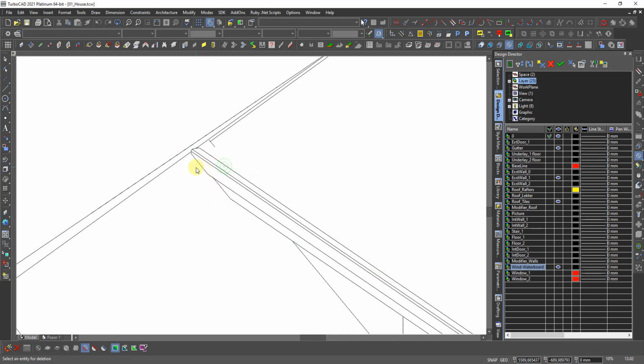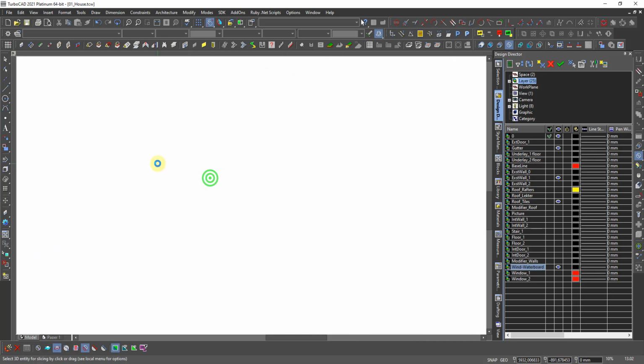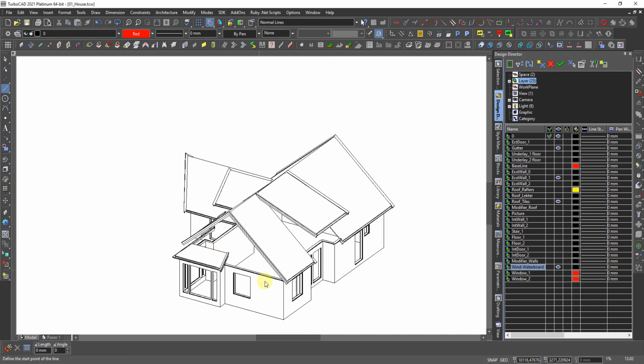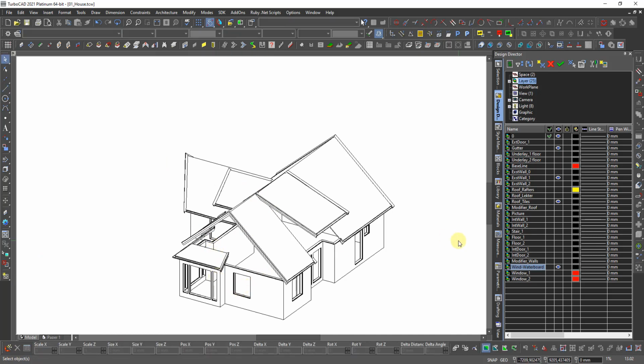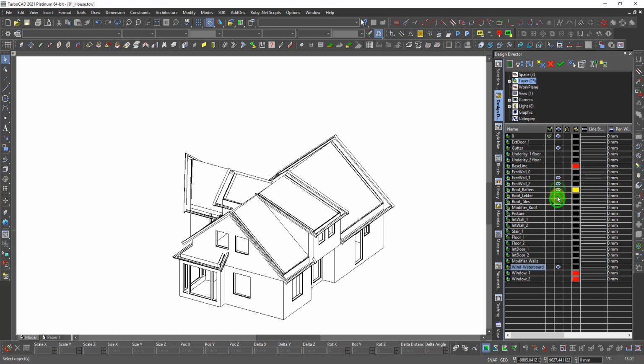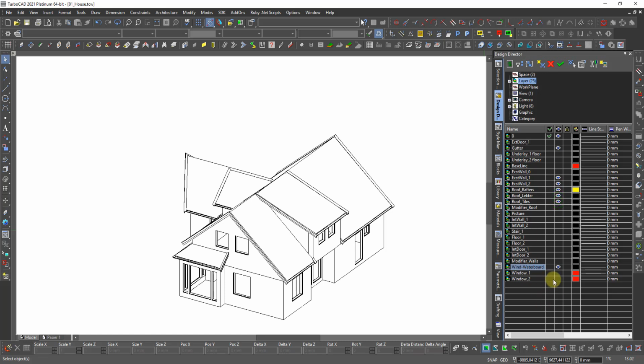This one, and delete that one. Then we have everything on. Now we need to make a decision about the color. If I'm putting on the wall, all the roof, and the window, and the door,